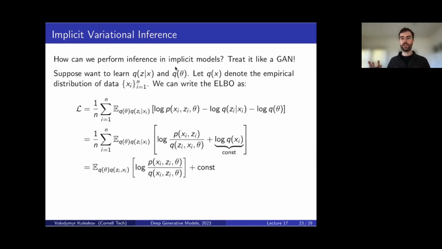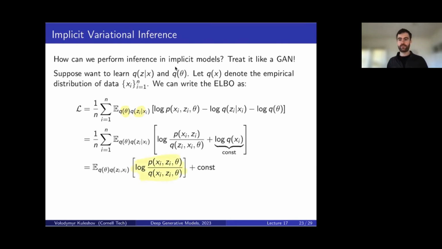But let's say in general, I have some latent variable model that is defined only implicitly. It has some parameters theta, it has some latent variables z, and I want to learn these. One approach to do this could be to apply variational inference and learn the ELBO. And if I just do the derivation of variational inference, I can transform it into this form, which is a ratio